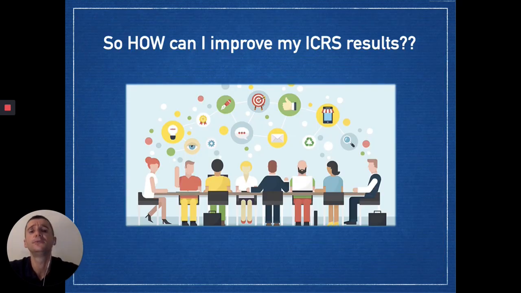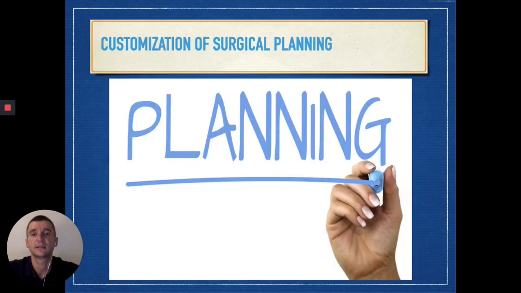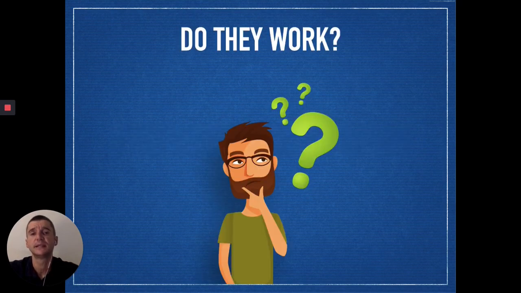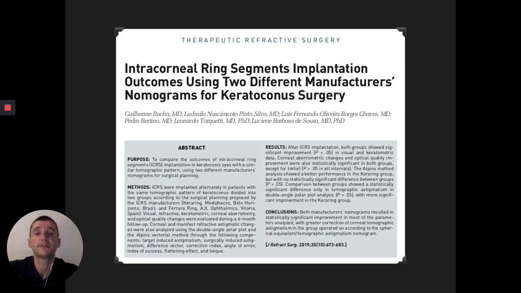So how can we improve our results? Planning. Like I said, planning is everything. So we can customize our surgery by our planning, by choosing the right segments for the right patient. The previous nomograms that the manufacturers provided, and by previous nomograms I mean all those until 2018, were pretty good. If we ask our colleagues if they worked, yes, they did, and we have proof of that